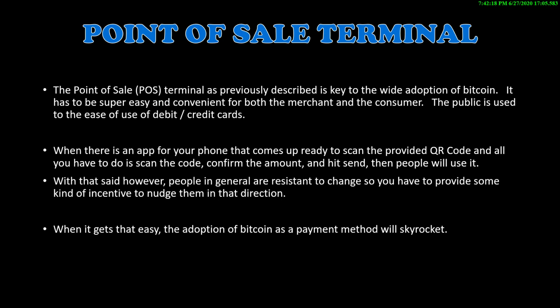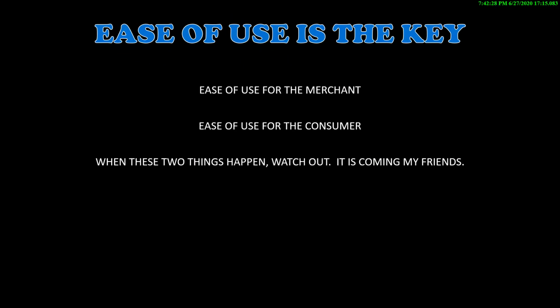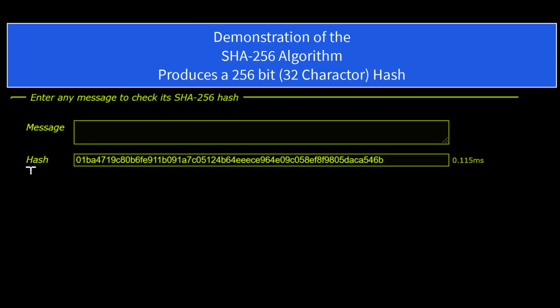When it gets that easy, the adoption of Bitcoin as a payment method will skyrocket. Ease of use is the key. Ease of use for the merchant, ease of use for the consumer. When these two things happen, watch out. It's coming, my friends. Okay, this is a demonstration of the SHA-256 algorithm, and basically it produces a 256-bit code